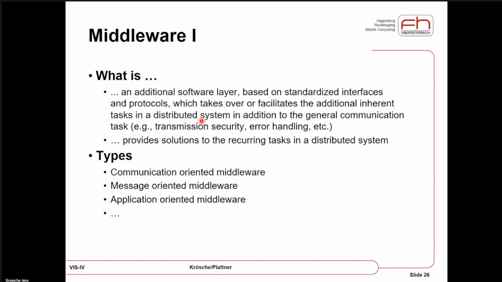So defining what method to be called, defining how the parameters are, which parameters are necessary, which parameters to use, which values to use, what the return values, what happens if an error occurs, what happens if some data isn't yet fully communicated. All this stuff which makes our life at the level of the sockets hard. And this layer just takes care of it. It hides it from us. And this, of course, makes our life way easier. So all this aspect, transmission security, error handling, and so on.